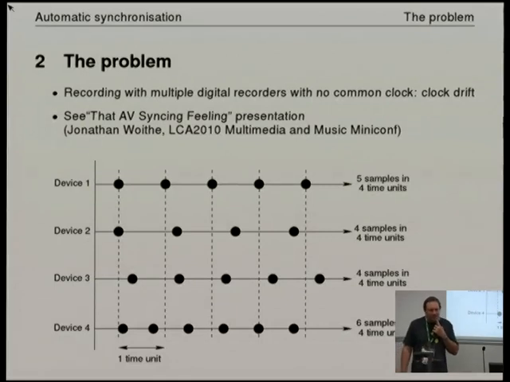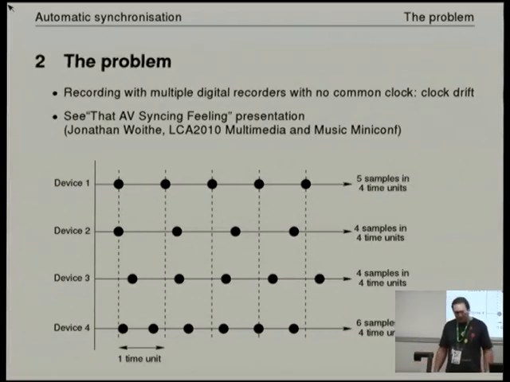In many respects, this talk is like a follow-on from one that I gave in 2010 about this particular subject. That talk, which is referenced on the slide, is available online. If you're interested in the nitty-gritty of this particular problem and why it's an issue, I'd encourage you to look that talk up and view the video, which is still accessible. Just Google it. But for those who weren't there, I've pinched a diagram out of that talk